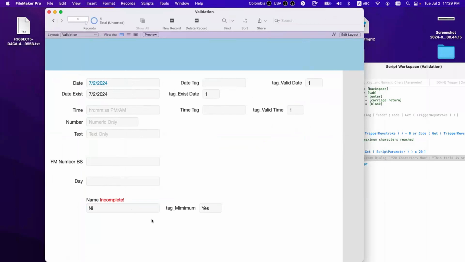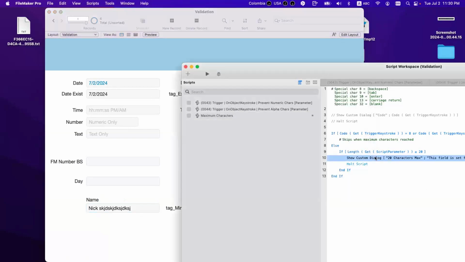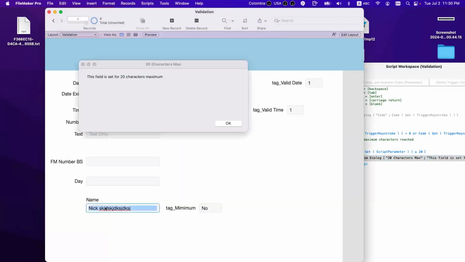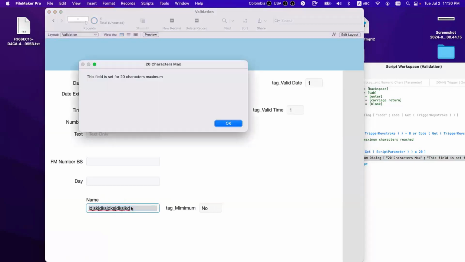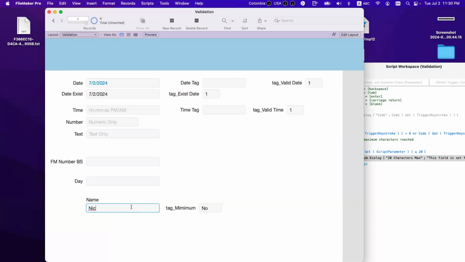So that is a very nice use of the layout calculation, right? So you say like this, you reach the max. If you want, you can have the dialog, okay? That says you reach the maximum, see? Oops, right? And you can say this, it's okay, but it's not. It's incomplete. Why? Because I have the tag here.